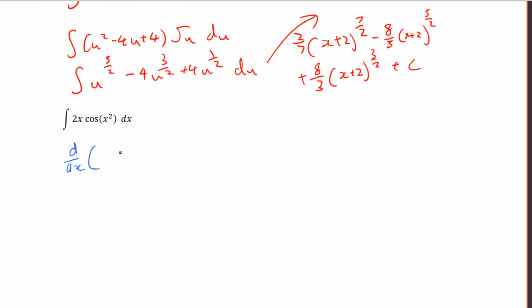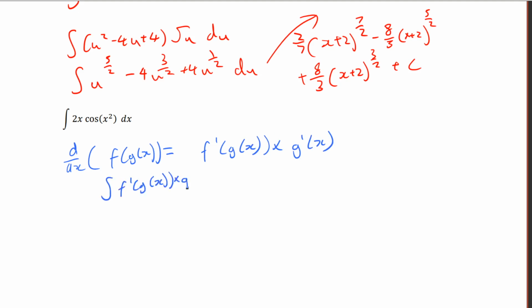So before, when I was talking about the chain rule, I said d dx of f of g of x equals f dash g of x times g dash x. So then if I took the opposite of that, basically if I have an integral of f dash g of x times g dash x dx, that's going to be f of g of x plus c,